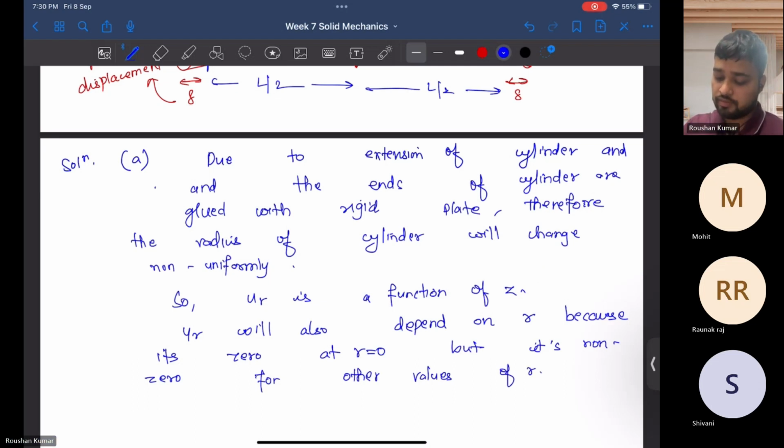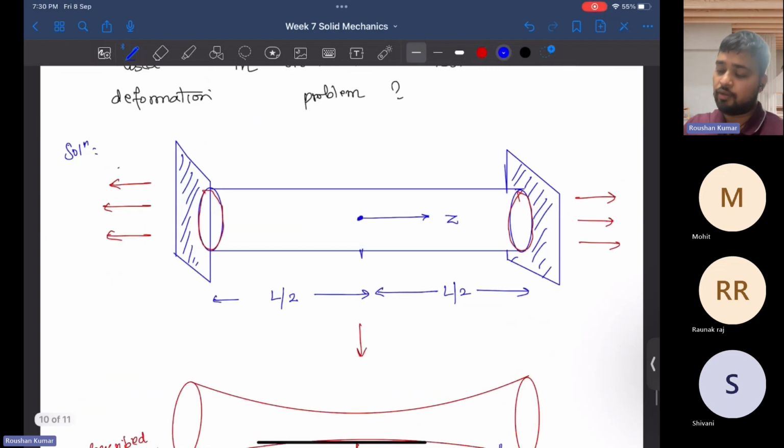Now think about the uz, that means the displacement along z direction. So as we stretch the cylinder along z direction, you can see that there is a displacement along z direction, but does it depend on the radial coordinate? That means, does it depend on the radius? Because if we stretch something,